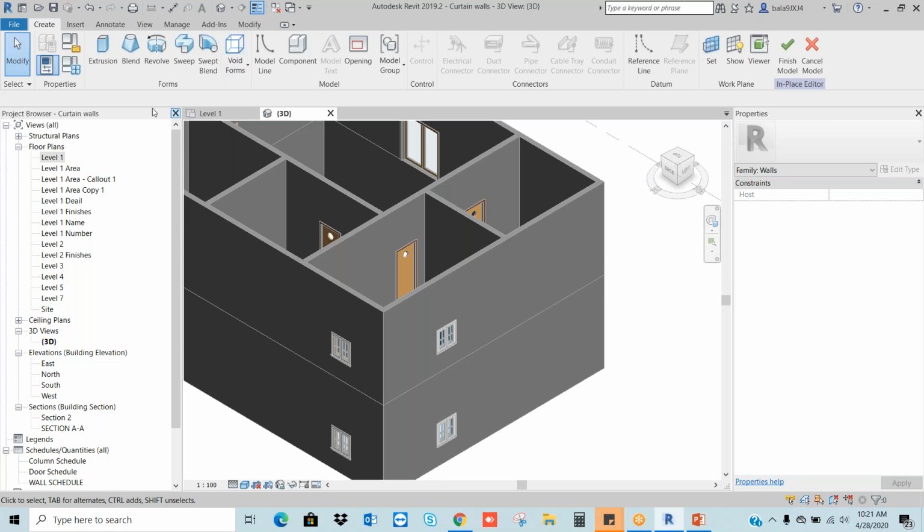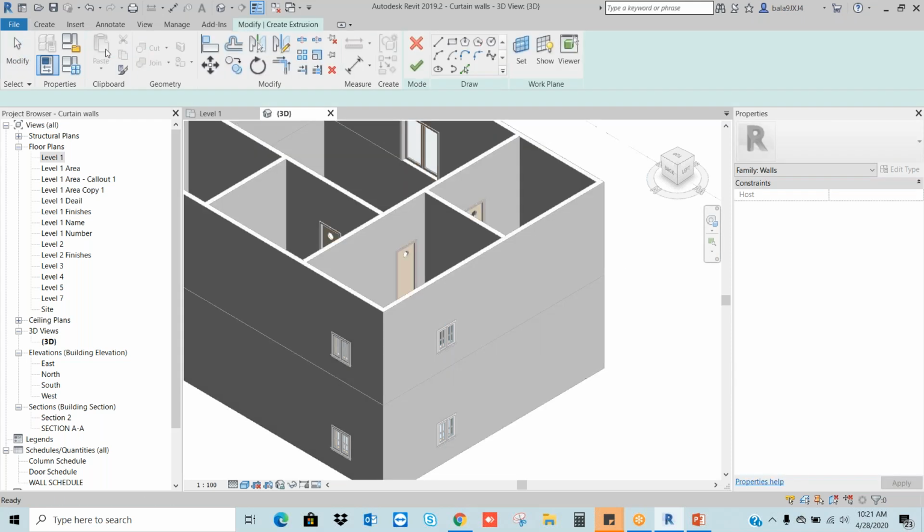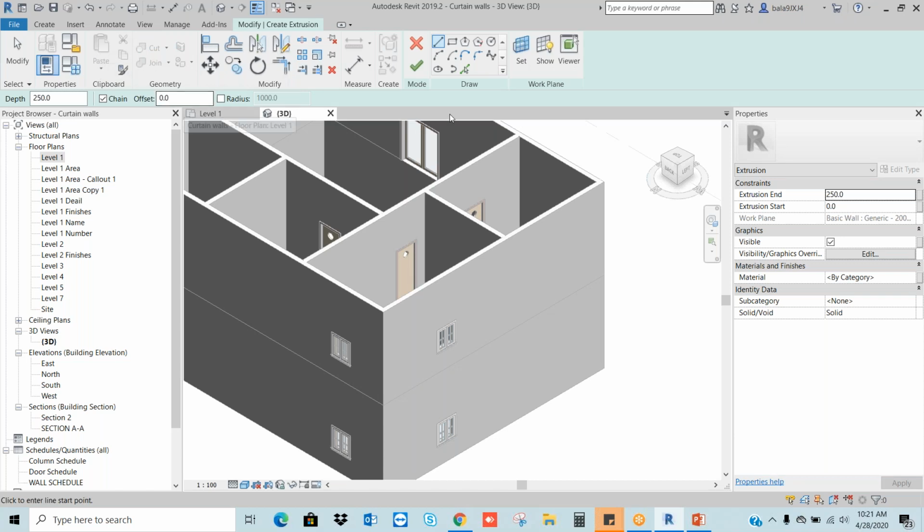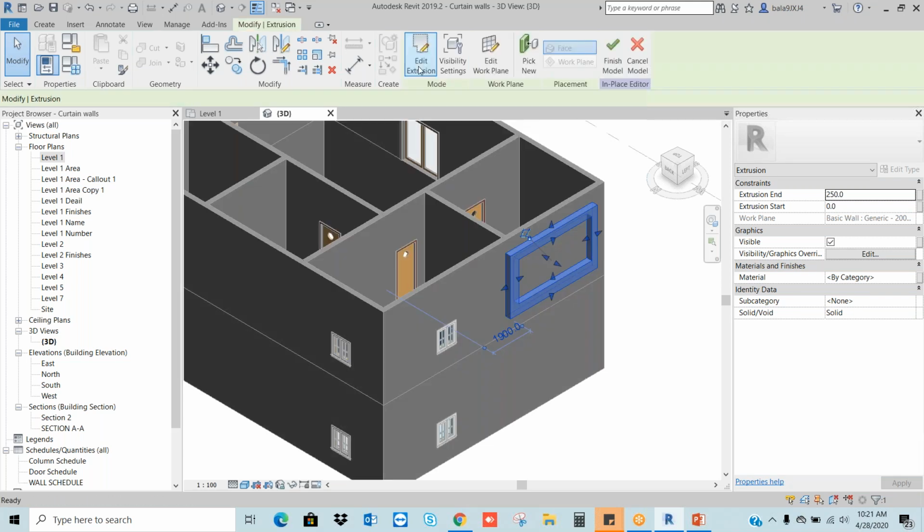Let's say now I am going to the extrusion. When I click on the extrusion, I am getting all the draw commands and modify commands. That's very fundamental. Let's say now I am going to draw one rectangle. This is my elevation. And within the rectangle, I want one more rectangle. I want to create this kind of extrusion perpendicular to the wall. Let's say it should be 50 mm or 25 mm thickness in the elevation. Now I am going to finish, and finish.